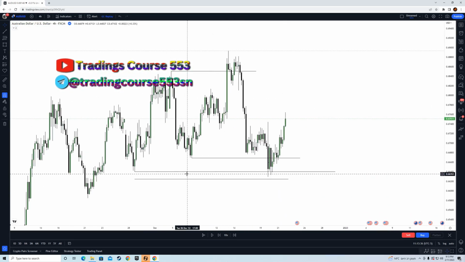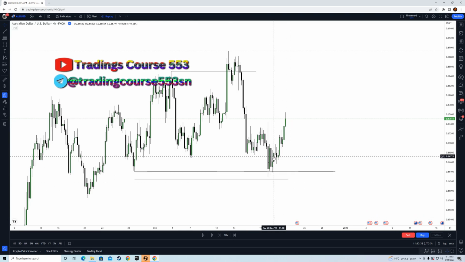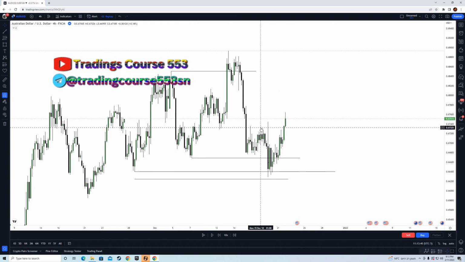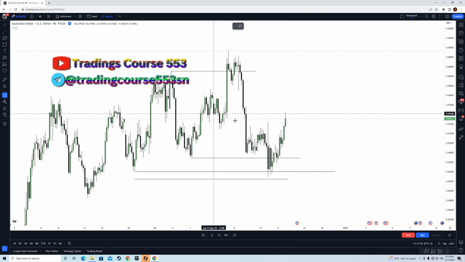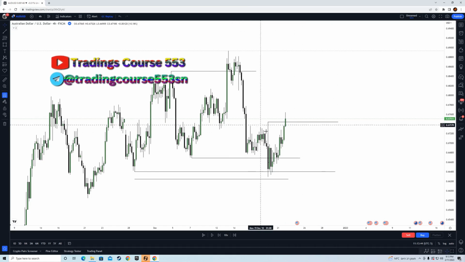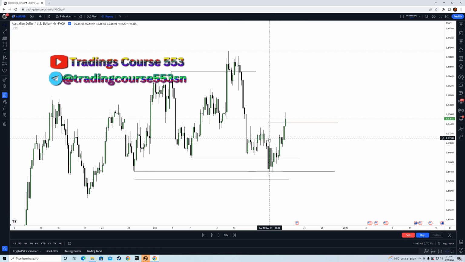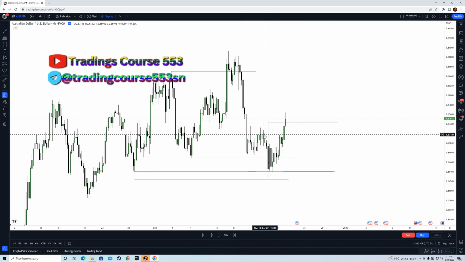yeah guys, that's pretty much it. You look for market structure shift, you target these levels. You don't necessarily have to target the highs. You can take partials along the way, and you should. Okay,